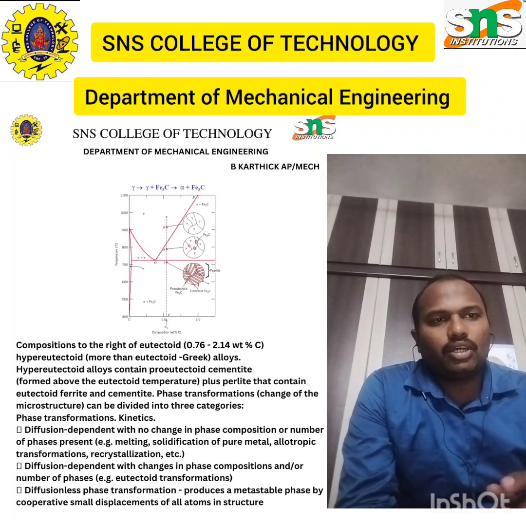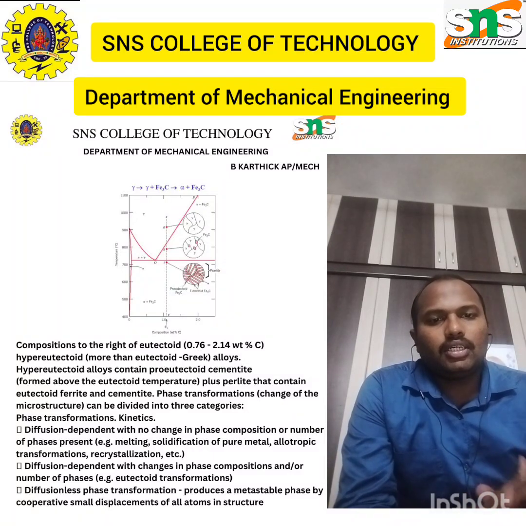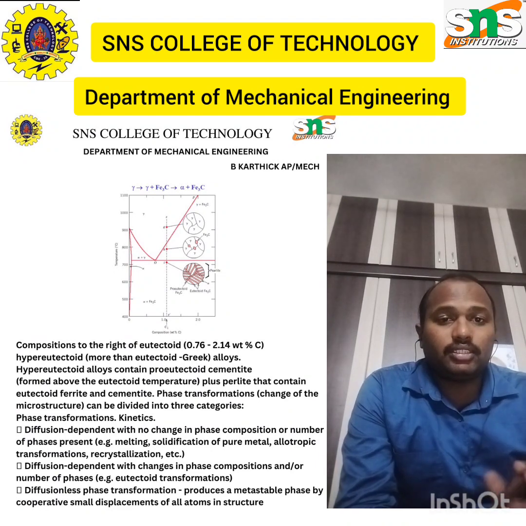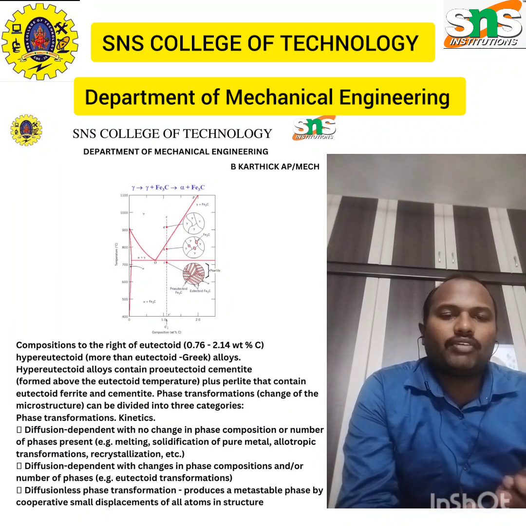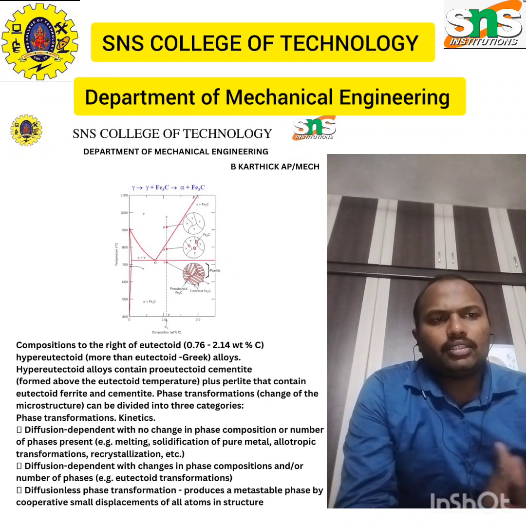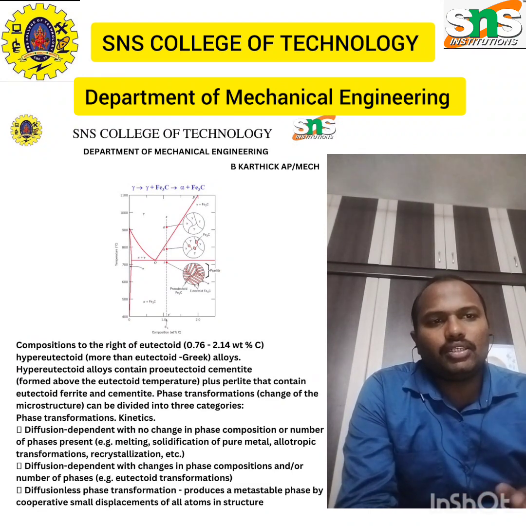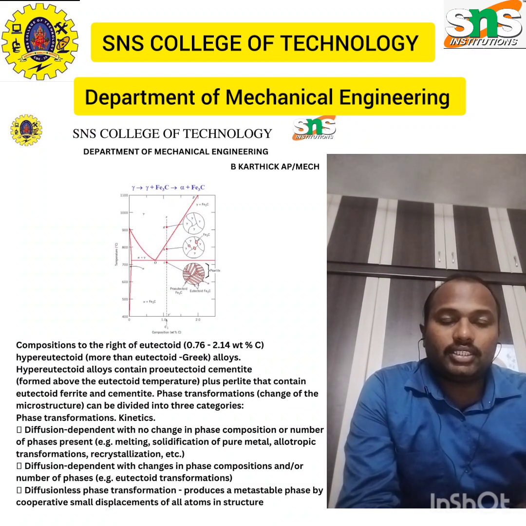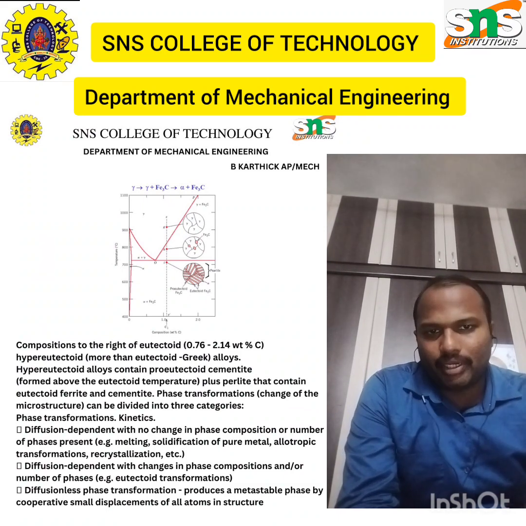So the first one is the eutectoid reaction, where it occurs at 0.8% of carbon, and from this eutectoid reaction you can name the steel: the steel that is formed at that percentage of carbon is known as eutectoid steel. As we see the microstructure of this eutectoid steel, you can easily say it looks like the fingerprint of a person, okay, where you can see lines like a white line, a black line, white line, black line, which means that the black lines are nothing but Fe3C, which is known as cementite, or otherwise known as iron carbide, which is